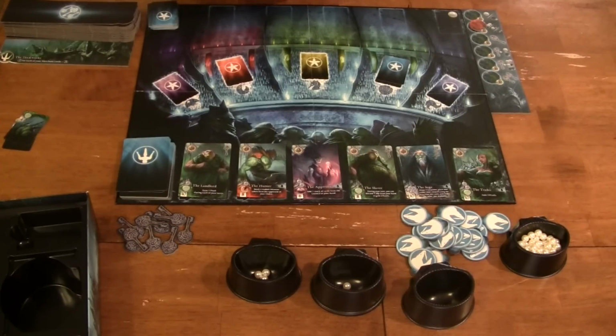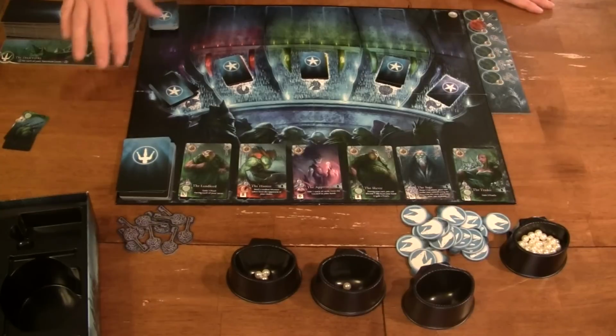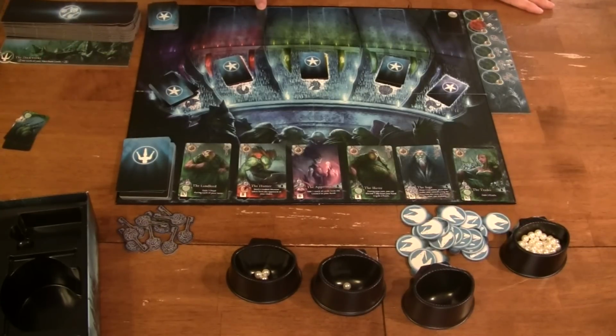So let's just say, let's see here. So here's a jelly, another jelly, a crab, a horse. After a few rounds, you're going to have these kind of big stacks. So when you get to your turn, you can either do an exploration, get help from the council, or buy a Lord. So this time, I'm going to get help from the council, which basically means you can take